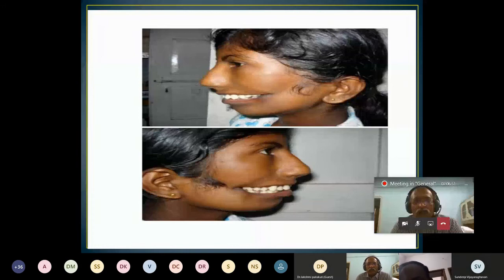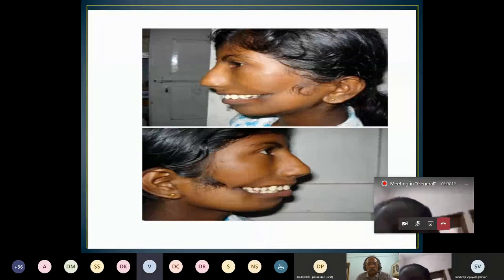Then after marking, I will go for a 5 mm overcorrection, because over a period of time it will relapse. The repair is a 3-layer repair, either with a straight line repair by Kaplan's method, or by using a Z-plasty. In the 3 layers, I will raise the mucosal flap, I'll separate the orbicularis oris, and I will do the repair of the orbicularis oris by overlapping and creating a new one. Very good. And then closing the skin with Z-plasty.